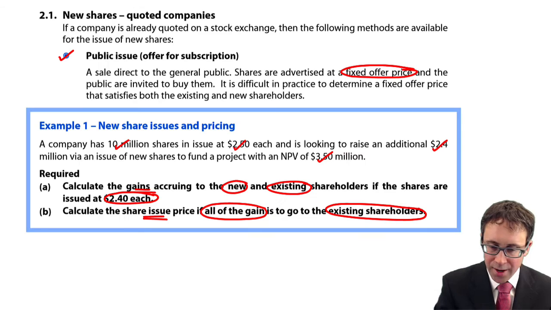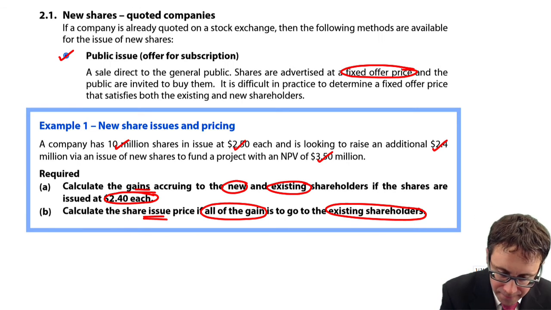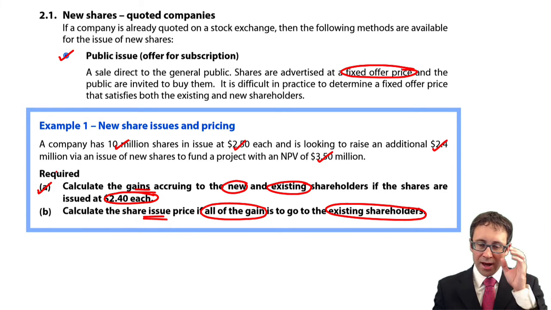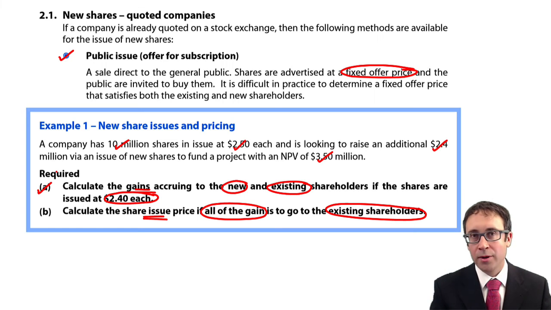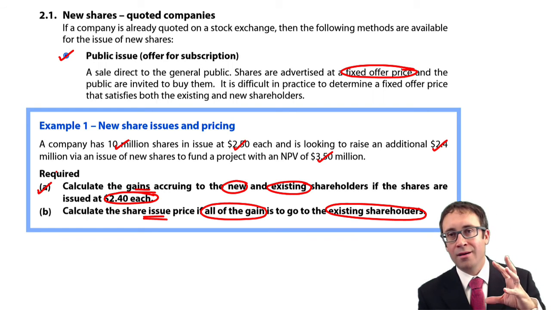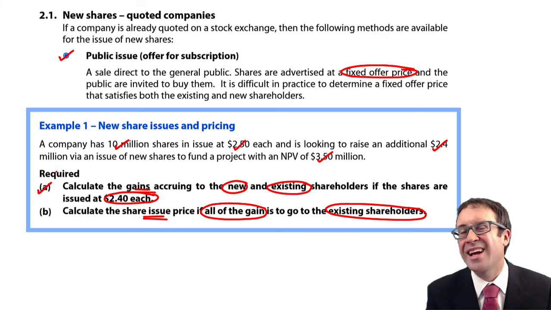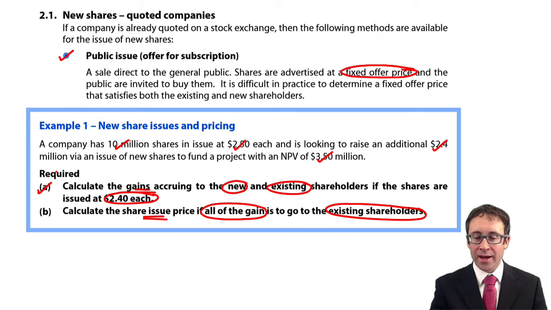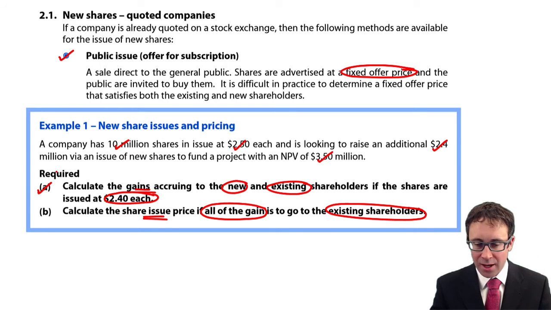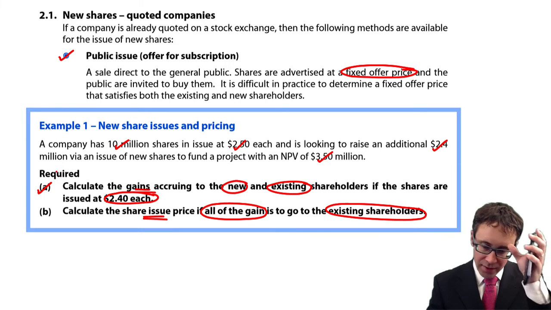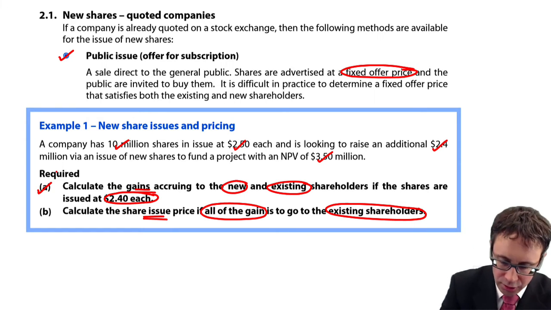Because what we're going to do now is we've done part A. Let's have a look at part B. Because we're going to use a similar approach, virtually identical, to what we had in part A, even though it wants us to calculate something different. It says here, calculate the share issue price if all of the gain is to go to the existing shareholders. So, right,